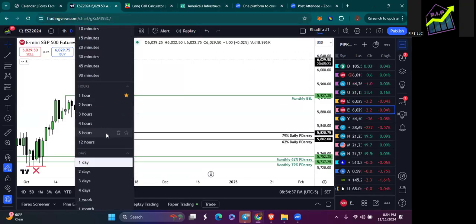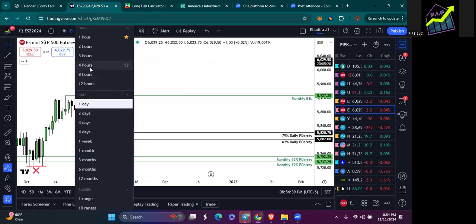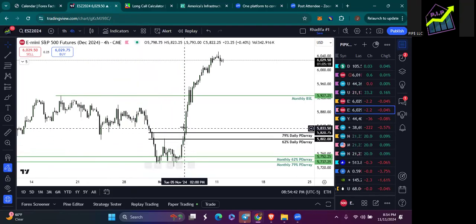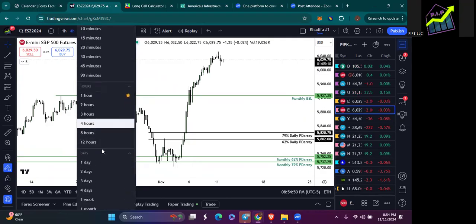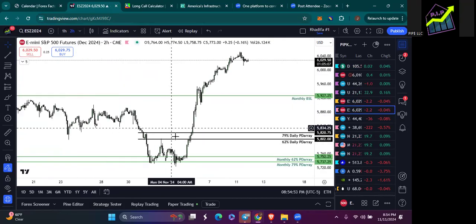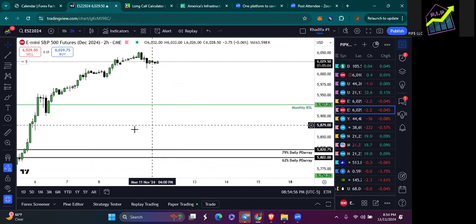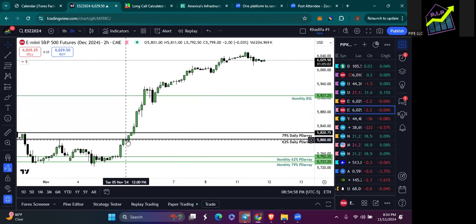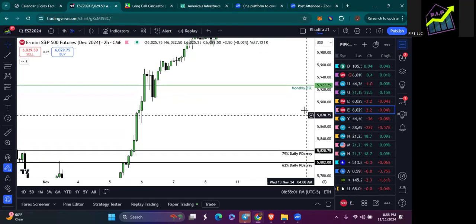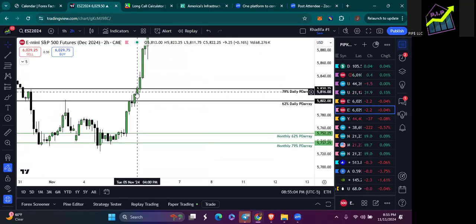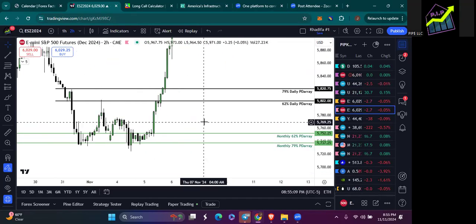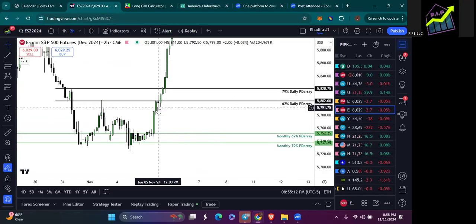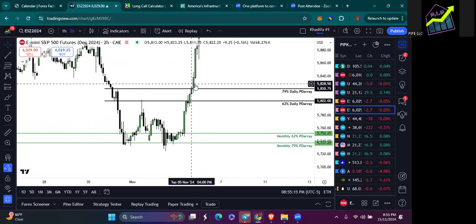But if you break it down to the 4 hour, you see we broke through those daily PD arrays aggressively, right? Right there, boom. This is where breaking your time frames down comes in handy, guys. So you can see on the 2 hour, see the build up. See we breaking through. These are 2 hour candles, so these are aggressive moves on a 2 hour time frame. These aggressive bullish candles to the upside, right?